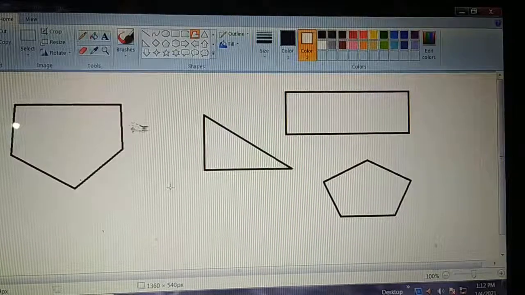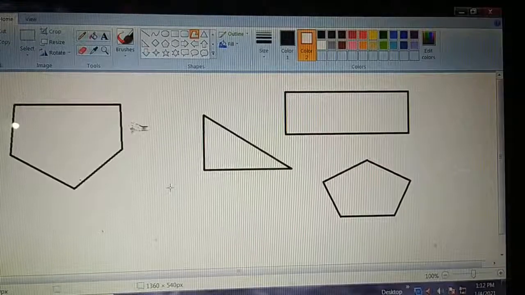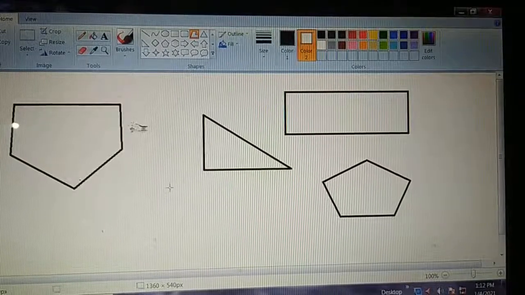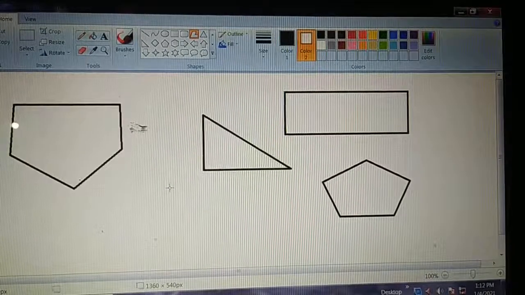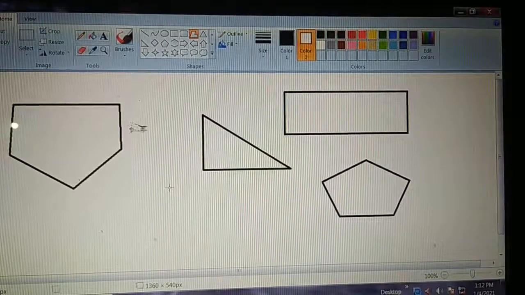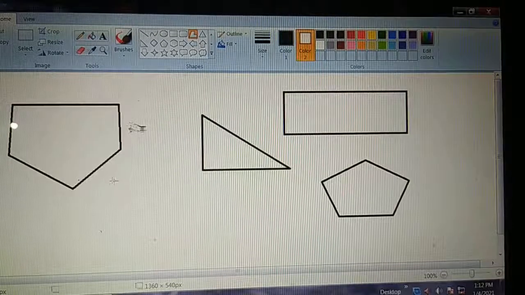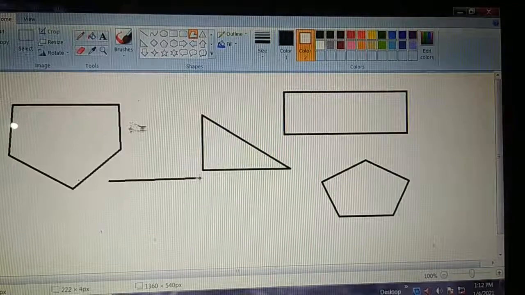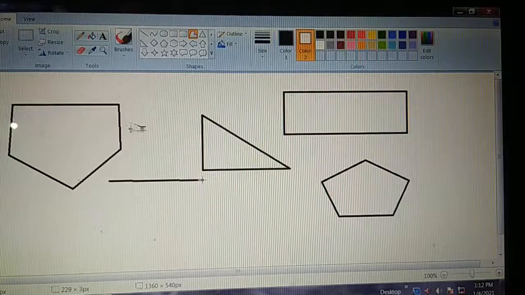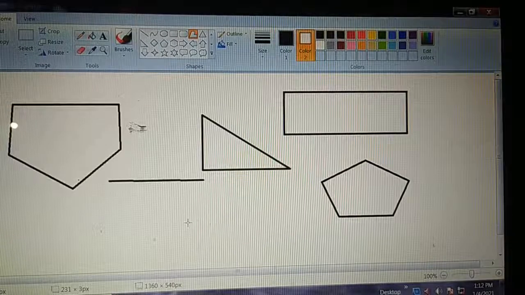I hope you understood. You have to make the points clear in your brain. The point means sides, which side will come to which place. Here you see again. First draw a line like this. Done. First line. Then go to the next point.